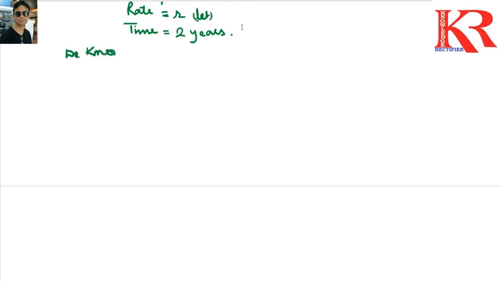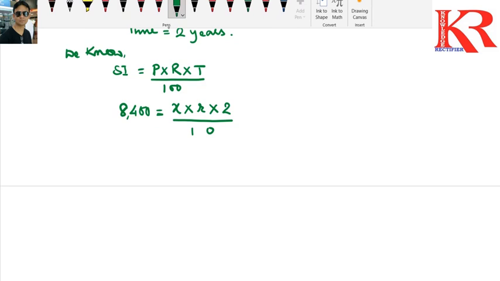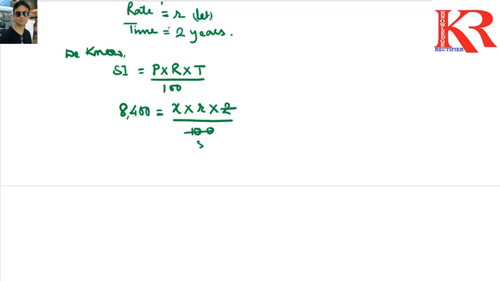So we know simple interest formula is principal into rate into time by 100, and simple interest has been given to us 8,400. Principal x we don't know. Rate is small r, time is 2 years, that has been given to us, right? So what we will do is we will cancel this 2 with 100, it will go 50 times, and we will cross multiply. We will get x into r will be equal to